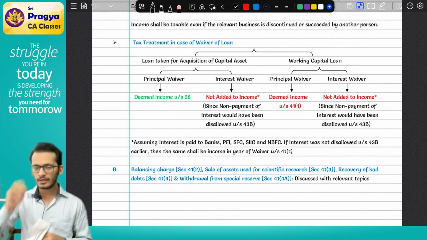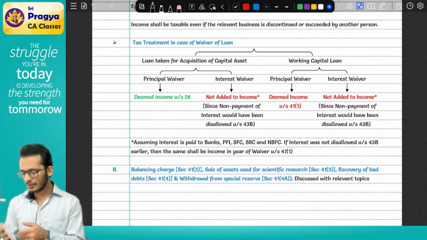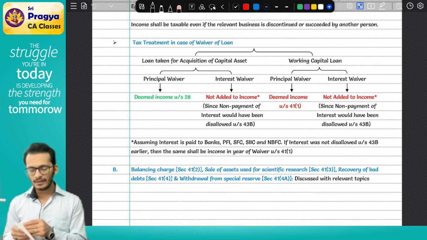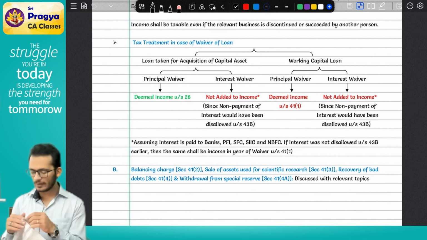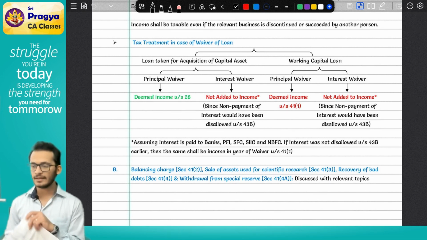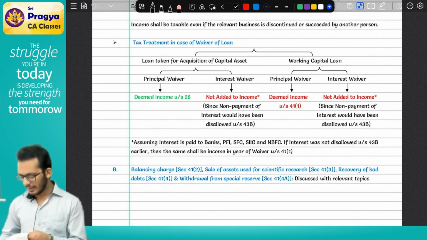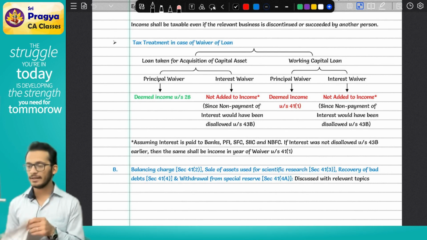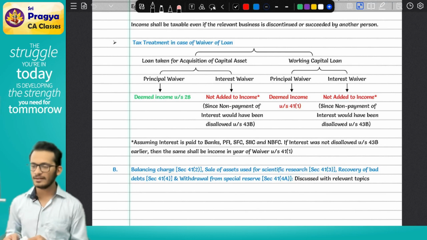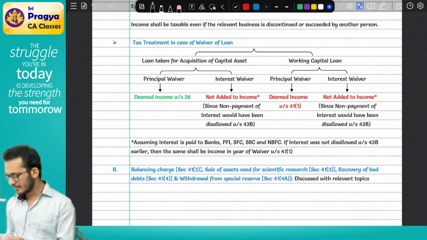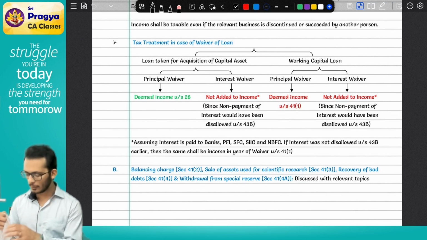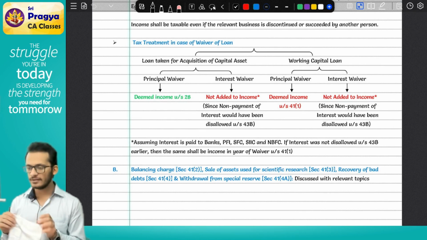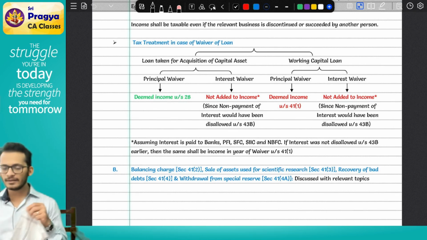When you were supposed to claim a deduction, you did not claim a deduction. You anyway disallowed it, which means the income has already been offered in the past. So today, should you offer it once again? The answer is no. In case it is there in the P&L, you will automatically reverse it. That is one thing I wanted you to keep in mind. Understand, if you have interest on a loan which has been waived off, if the interest was already disallowed in the earlier years,